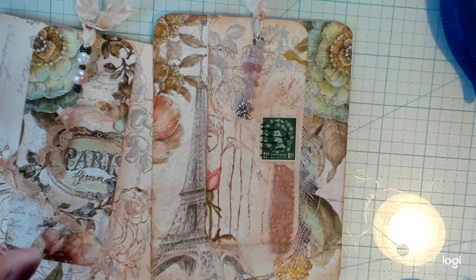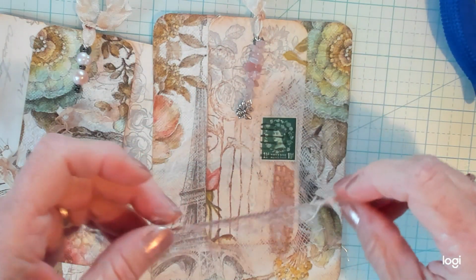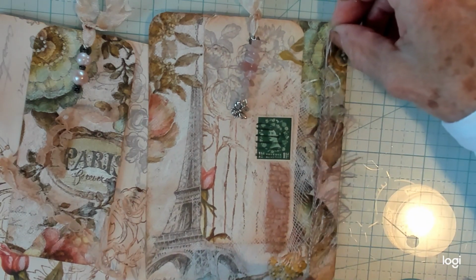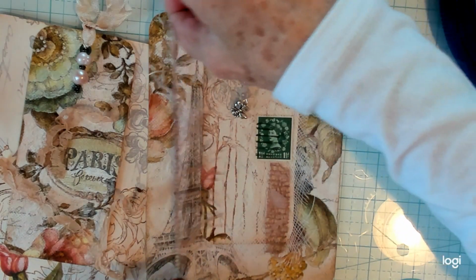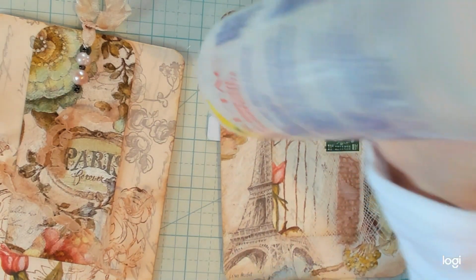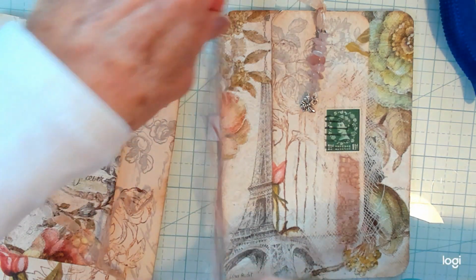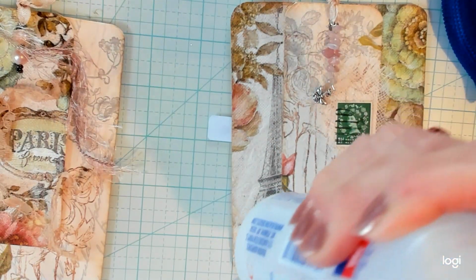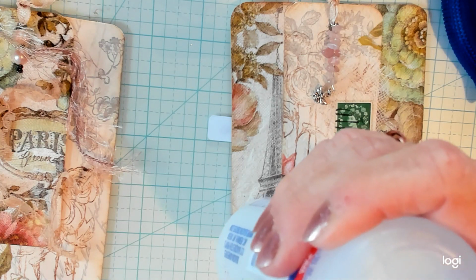Oh yes, very lovely. I have some of this eyelash trim. Let's put it on the other side. Let's put this eyelash trim on the other side. How long is this eyelash trim? It's just as long as the tag. So we'll be able to just... Now we did not